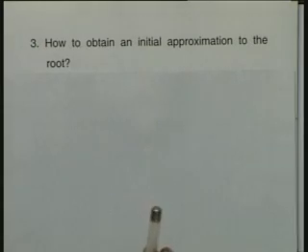Now, the next step is that we said that I want an iterative method, but I want a starting approximation. Obtaining a starting approximation is very important, because suppose an equation has a root at minus 10. If I start an approximation at say plus 5 or plus 10, which is so far away from the root, it may not be possible for the iterative method to converge to that root, because it is too far away from the root. Therefore, it is necessary that the approximation which we are talking of should be in the neighborhood of the root.